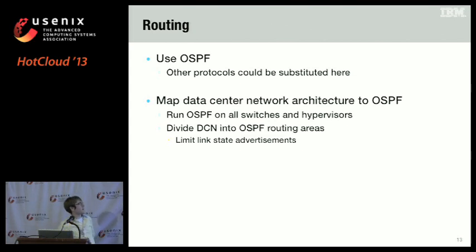Other protocols could probably be substituted here, but this is the one that we put a little bit of thought into. So the idea is, let's map that data center network architecture in that previous picture to OSPF. So we're going to run OSPF on all the switches and the hypervisors. And then we're going to divide the data center network into OSPF routing areas so we can get some scalability. So this is what's going to limit the link state advertisements between the